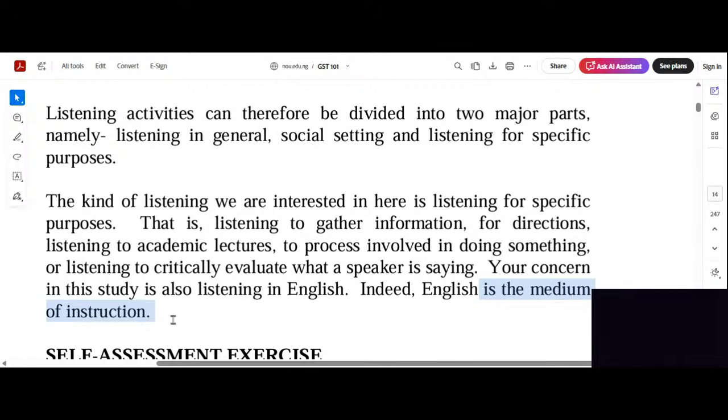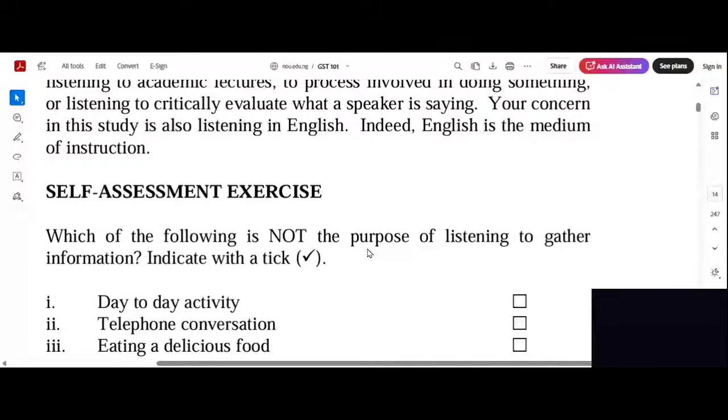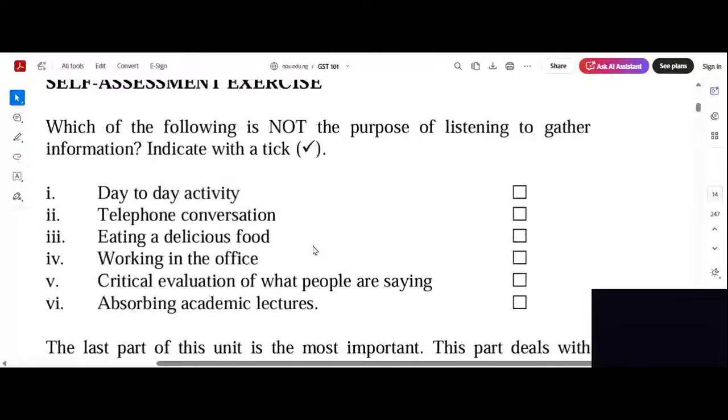Not only in this course, basically, we have an interesting activity to do to end this class. We want to know which of the following is not the purpose of listening: to gather information. We are trying to check these activities, which one of them falls under listening for specific purposes. Don't forget,